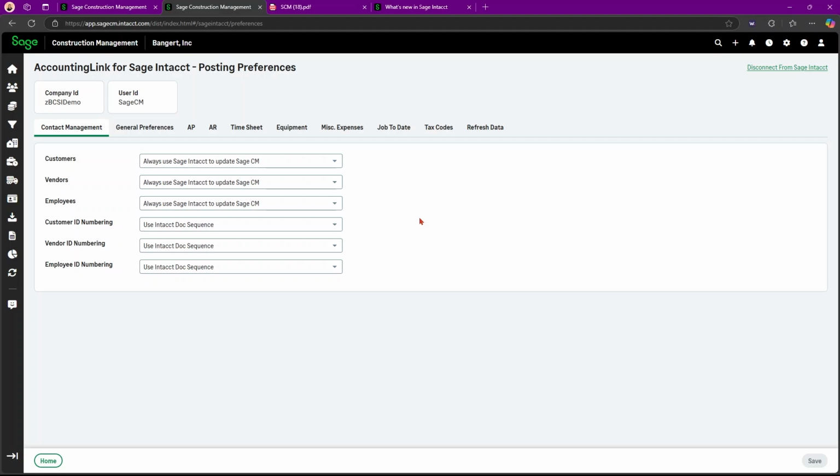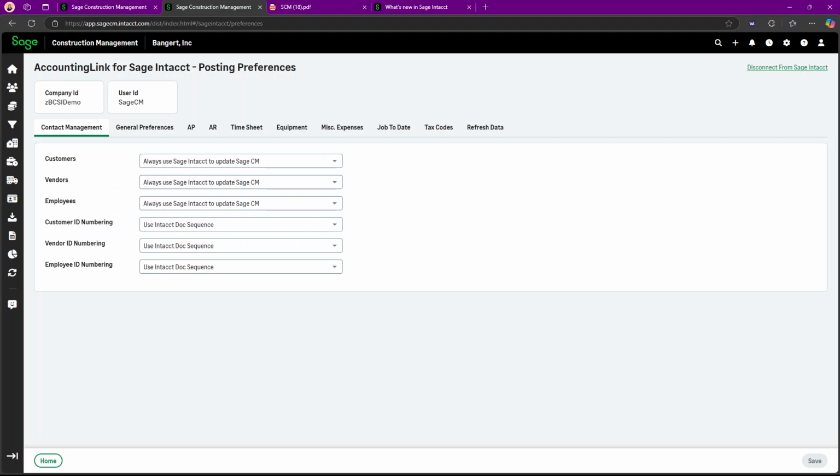The prime contract and invoice posting: prime contract details and invoices with stored material can now be posted or reposted. And the vendor payment terms are included in vendor posting and in the import. Some other accounting link updates are the extended payment retrieval, so payments older than 180 days in Intacct can now be accessed. You can link prime contract terms. Terms for prime contracts are now connected between SCM and Intacct.